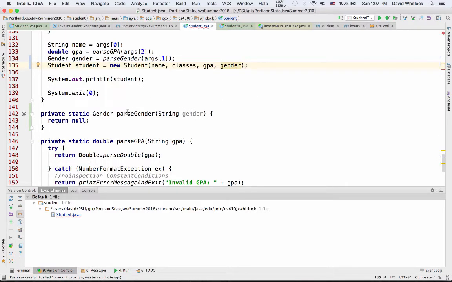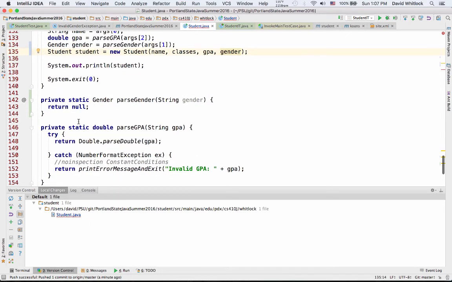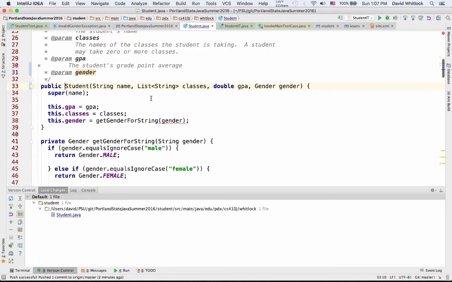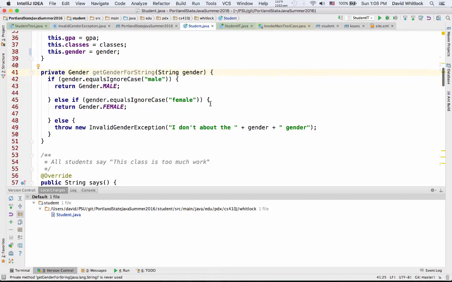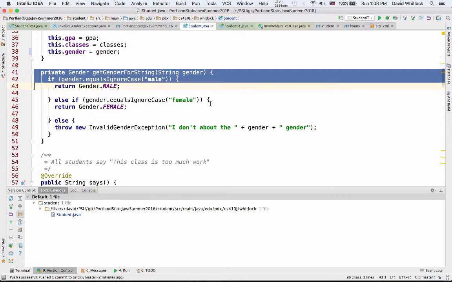Okay, so parseGender. Now I want to move the logic from the constructor here. Oh, getGenderForString. That's cool. I've already got one of those. Oh, watch this. So let's see here. This now I just want to be gender, instead of getGender first. Oh, did you notice that when I did that, it now said the private method is never used? Well, have no fear. I'm just going to move this logic